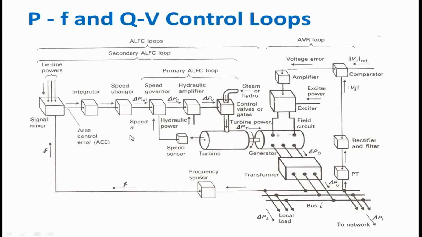And for achieving the primary load frequency control loop, we are in need of speed changer, speed governor, hydraulic amplifier, control valve and turbine. Now we'll consider that we have some increase in the load connected to the power system, and for the increased load demand we have to increase the power generation, and for increasing the power generation we have to increase the mechanical input to the generator, and for increasing the mechanical input we have to increase the steam or idle input coming into the turbine, and for the increase in steam or idle input to the turbine, the speed changer is going to give a power setting reference command.